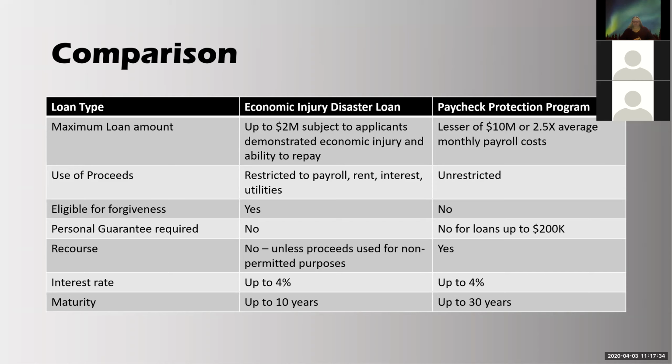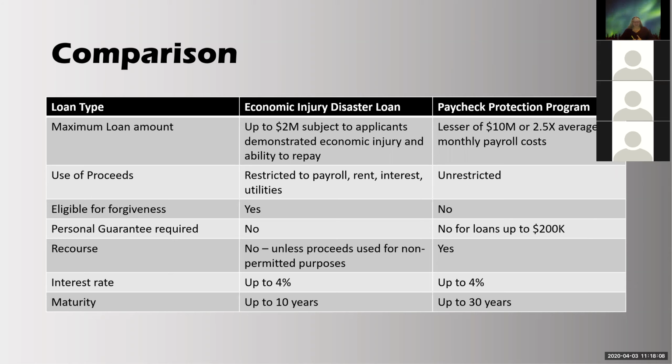Your use of proceeds, the economic. Cindy, sorry. I've got those two mixed up on there. I was all confused. Okay, it's reversed. Yes, those two are reversed. Jared, would you fix that on those? The use of proceeds is reversed. Okay, and I probably did that and didn't let him know. Okay, eligibility for forgiveness is also reversed.